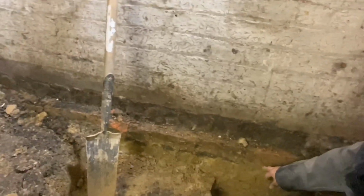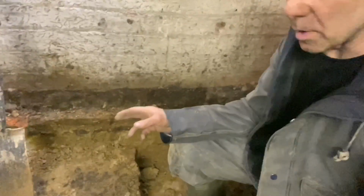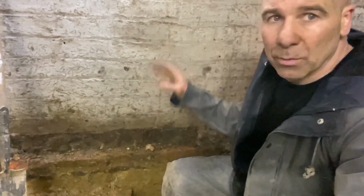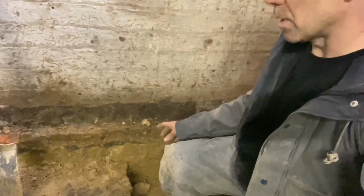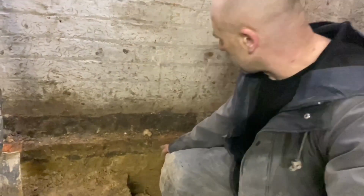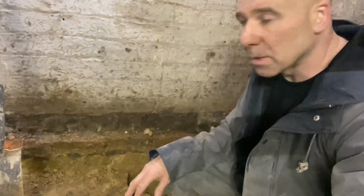Now, if you've got to go down below here, I mean, this is a metre strip, so if you're doing underpinning, you're doing a metre strip, so I'm alright for today. So I'll dig this out, and this is going to get concreted in. So this will be alright, we're not undermining foundations. But I've seen quite a few jobs where they've dug down and they've gone under